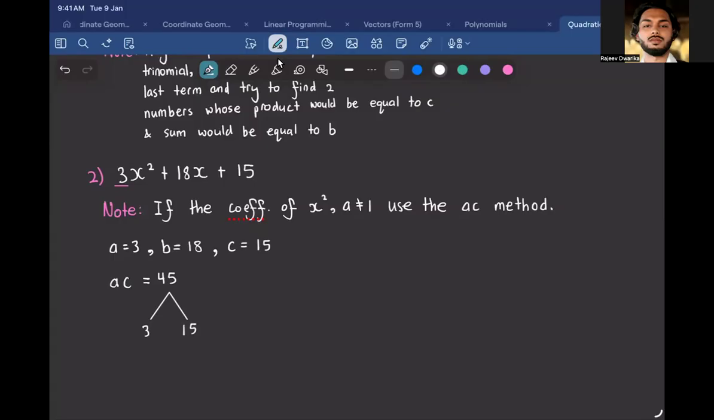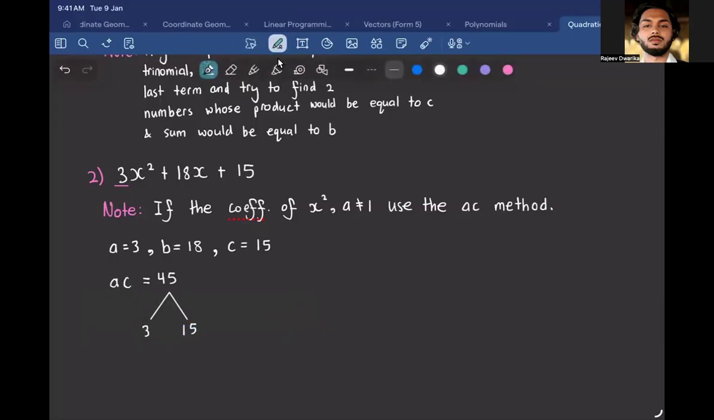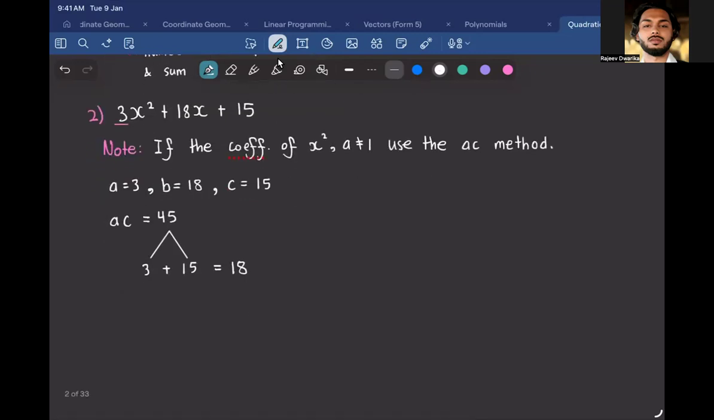If you multiply 3 by 15, what are you going to get? 45. And if you add 3 and 15, what are you going to get? 18. Nice. So that is the answer. All right, so Avinash, if you multiply 3 by 15, you get back 45. And if you add them, you get back the B term, right? Yes, sir. So what we're going to do is write 3x squared plus 18x plus 15